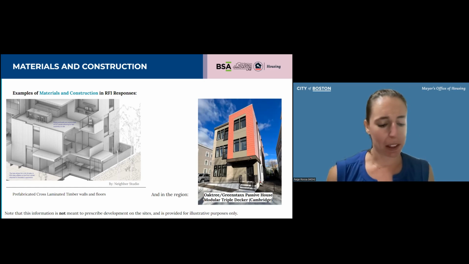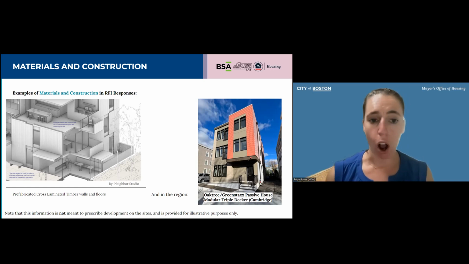Advanced construction methods means that some or all of the components are manufactured off-site. We want to emphasize that any project would be required to adhere to the Boston Resident Jobs Policy, and we certainly encourage methods that create job and workforce development opportunities for Boston residents.